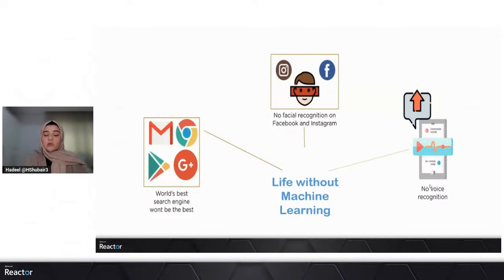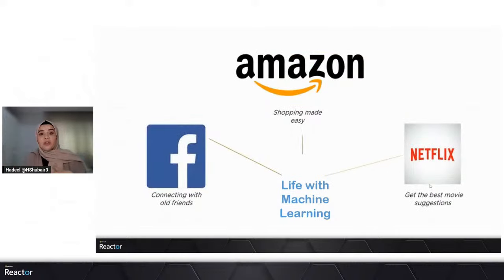So this was life without machine learning. Now with machine learning incorporated in our lives, we have all these new cool things we're able to do. It's not that we were not able to live without machine learning, but it makes things easier and much more efficient. Say you were in touch with a friend for a few years, and then you completely lost contact. You lost your phone, you lost their number. You can now use social media to search for them,